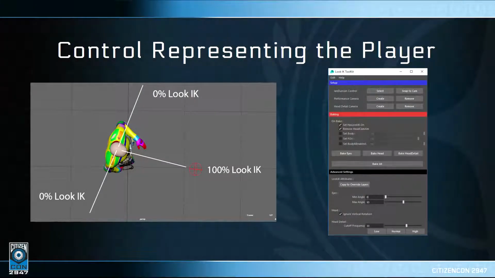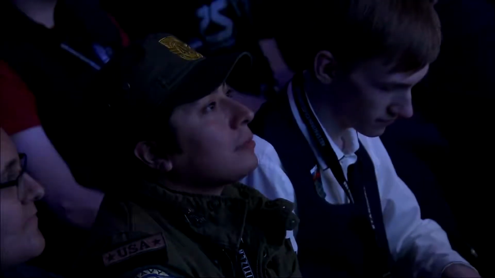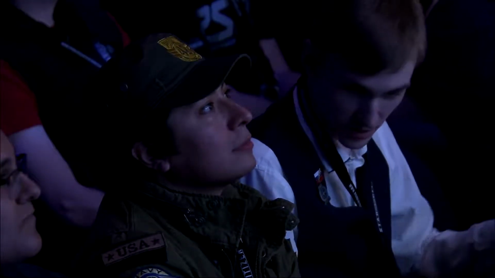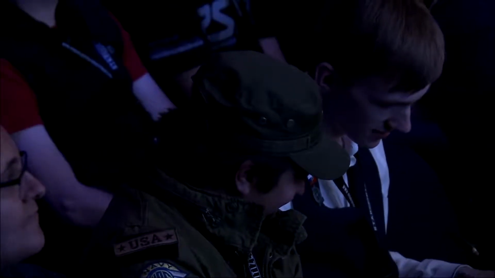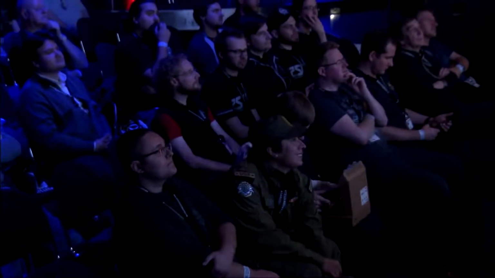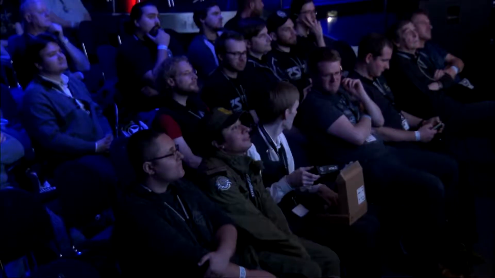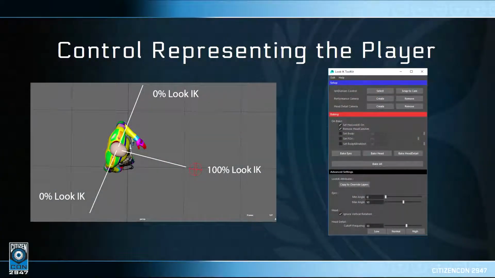All right, so what we did is we broke up the Look IK into 3 different parts, right? The eyes, the head, and the body. And then we gave each one of those body parts a value from 0 to 100. 0 being completely off, and 100 being completely on for the Look IK. And the first thing we did is we hand-keyed those values throughout the animation, which gave us pretty good results with the Look IK, but we weren't getting enough of the subtleties within the acting,